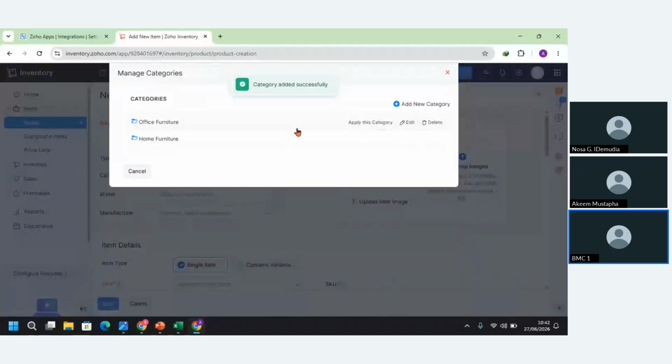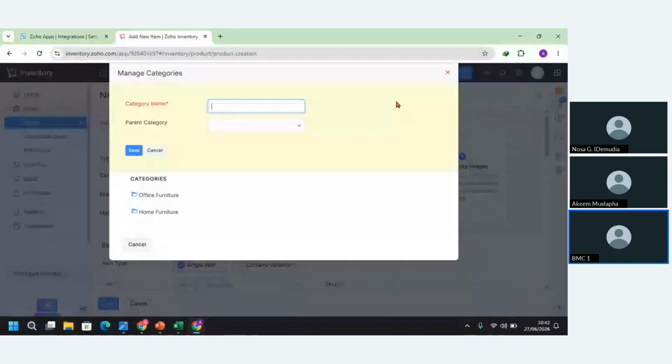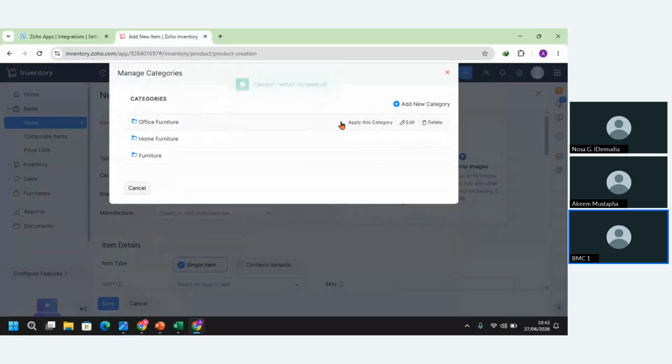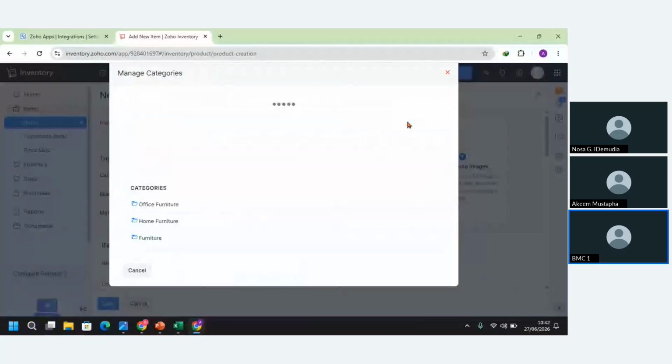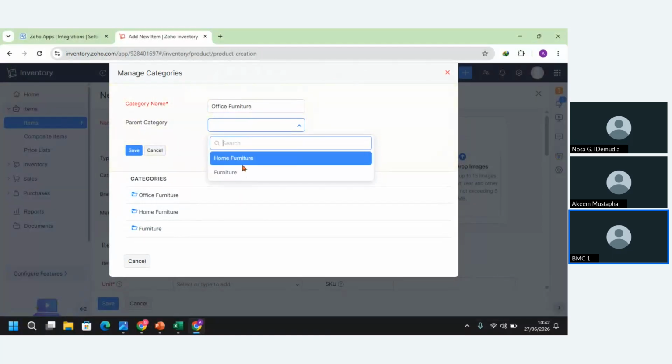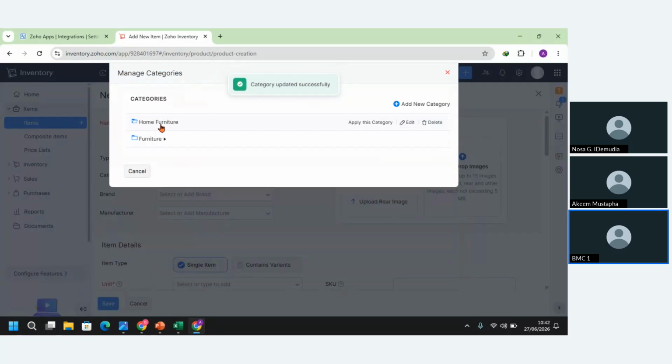Now there is no parent, but you can create a parent for them. Say furniture. This is where your parent comes in. Whereas furniture, you can also edit and then select this under this. So save. By now you see that we have furniture with